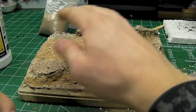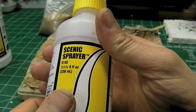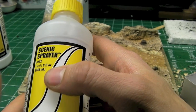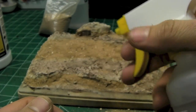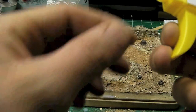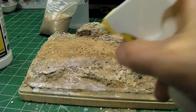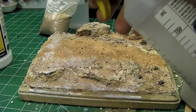And once I've got my dirt laid down, I want to add a bit more glue, just using the scenic sprayer, but you can use pretty much any cheap little squirt bottle. And you just want to go ahead and carefully soak your sand. Probably going on way too heavy, but